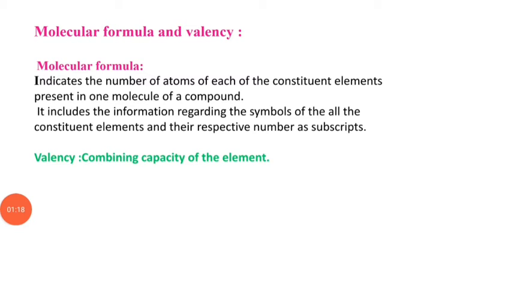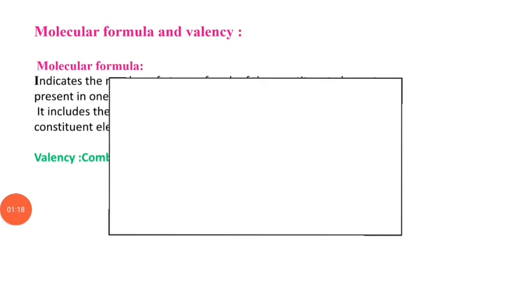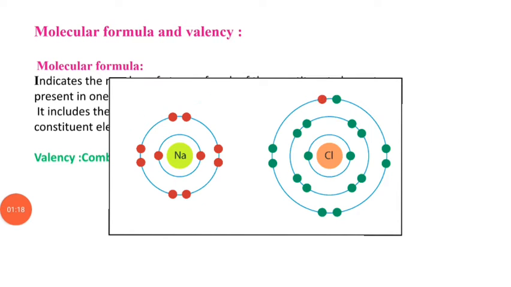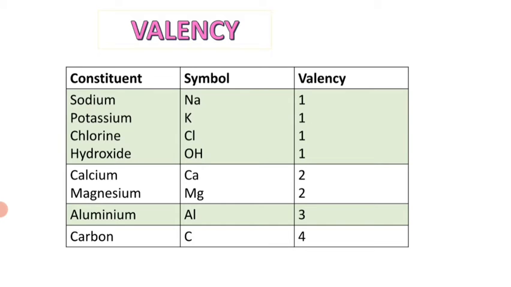Valency. Valency is the combining capacity of the element. We have seen the relation between a molecular formula and the number of atoms of various elements in a molecule. The ability of joining to another atom with a chemical bond is a chemical property of each atom. This ability is indicated by a number, and this number is called the valency of that atom. An atom forms as many chemical bonds with other atoms as its valency.